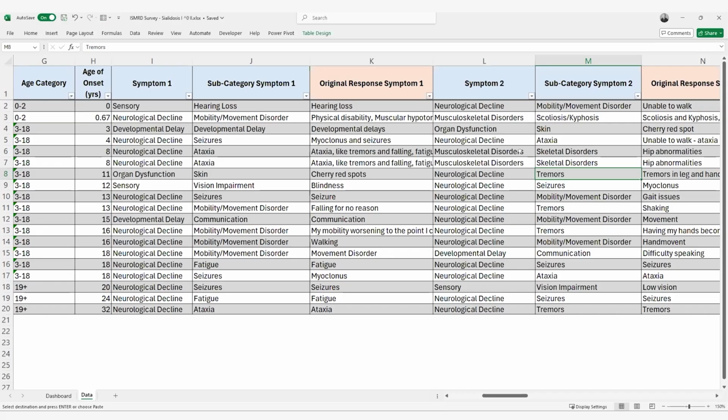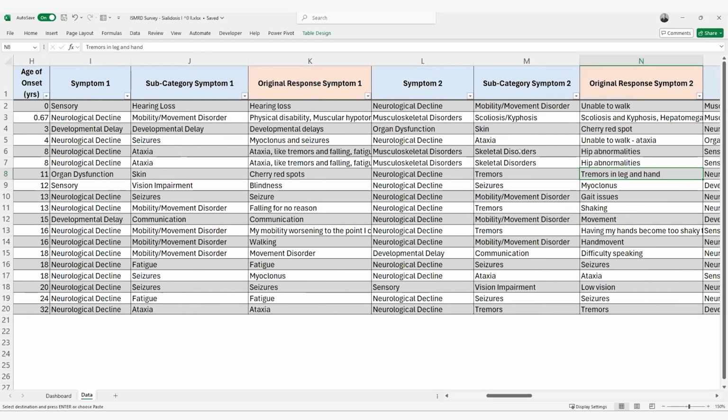But hopefully, gene therapy is not too far away, and from some of the talks I've heard during this conference, there's actually some promising treatments out there